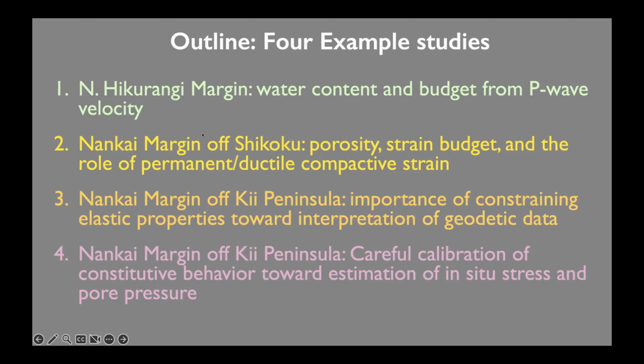Second example is thinking about porosity again, but more in the context of a strain budget, combining porosity information obtained from P-wave velocity with balanced cross-section development to say something about the strain budget. The third is just a quick hit that I think Laura Wallace, if she hasn't already talked about it, may talk about a little later: the importance of knowing those rock properties for the interpretation of